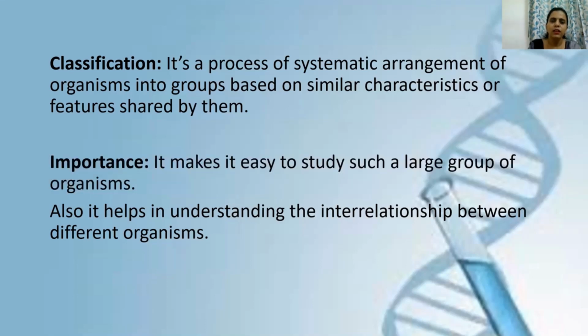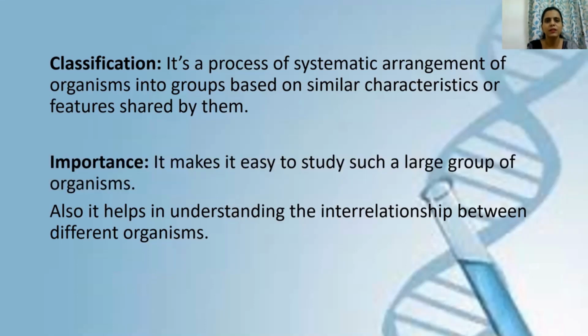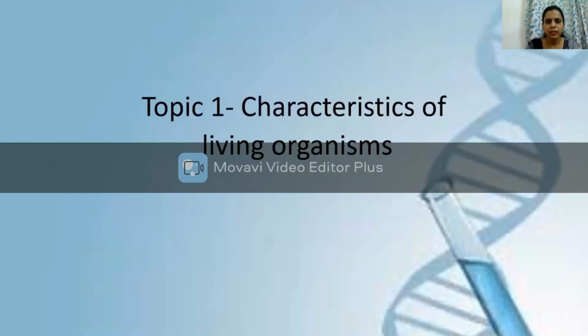Okay, now when I am talking about characteristics or features shared by all living organisms, you should know there are 7 universal characteristics or 7 universal features of life. Okay, they are also known as characteristics of life. All living organisms which are present on this earth must possess these 7 characteristics of life in order to be called a living organism. Okay, so the 7 characteristics are